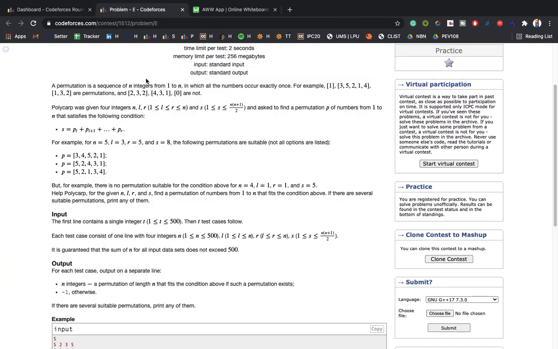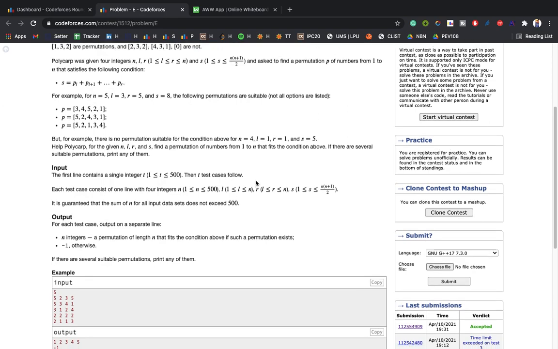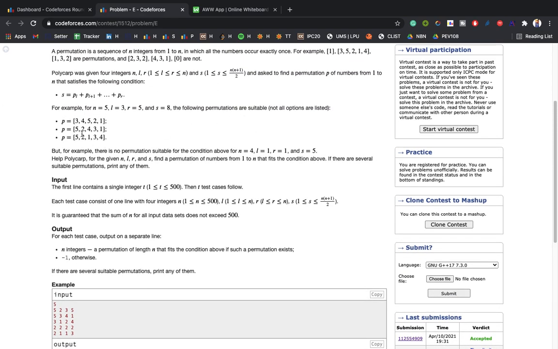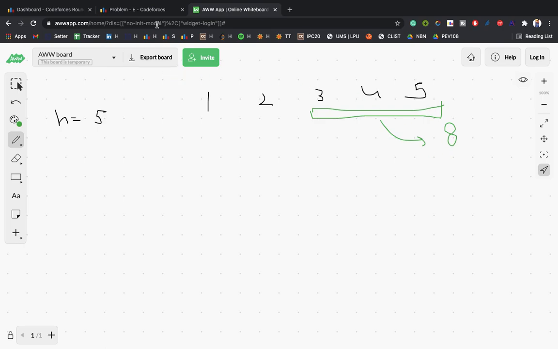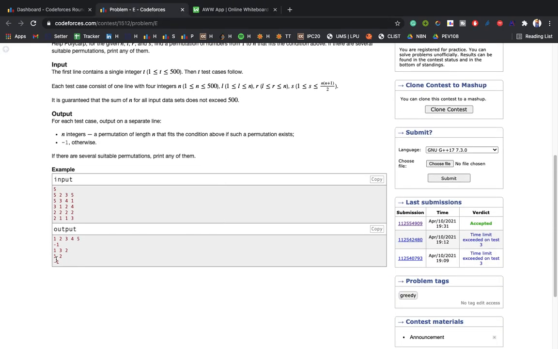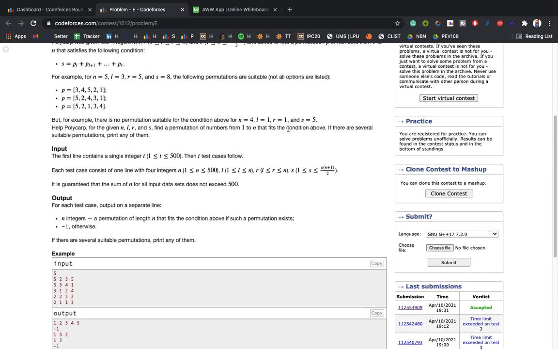We have to find whether such a permutation exists, where from the range L to R we get the sum of 8. If not, we print -1. If yes, we print such a permutation of n numbers from 1 to n.